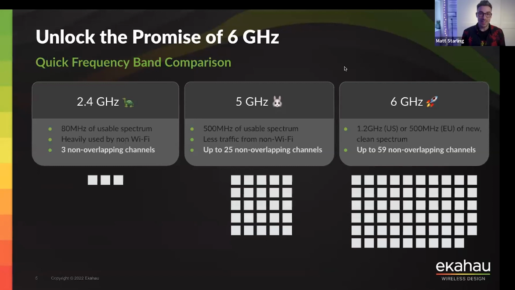It certainly does, Mac. And I mean, if we just take a look at the US, well, I say we, I'm not in the US, you in the US are getting an additional 1.2 gigahertz of spectrum to use, which is an insane amount of additional frequency to be able to use. So that is going to allow you to have up to 59 non-overlapping 20 megahertz wide channels. Whereas us in the EU, we're getting an additional 500 megahertz of spectrum, which is still amazing to get